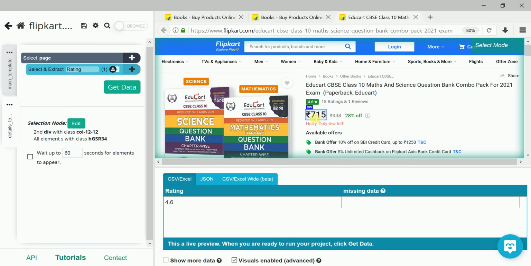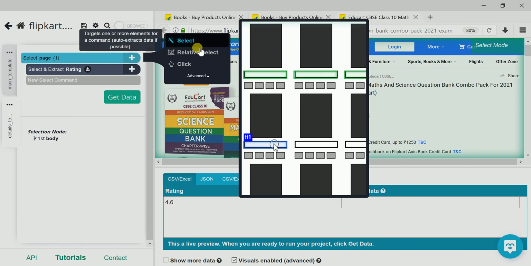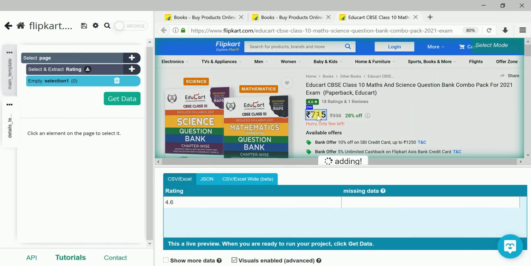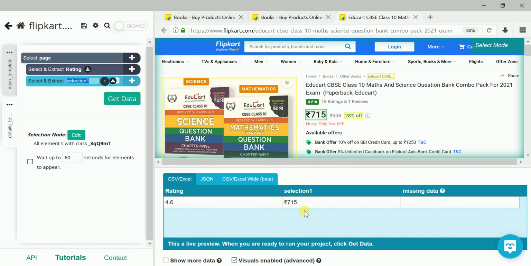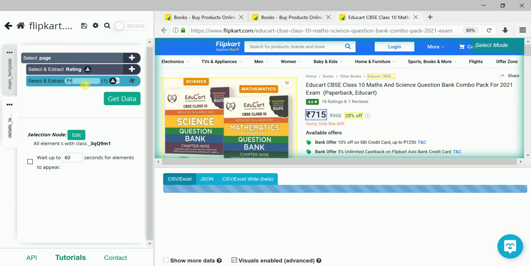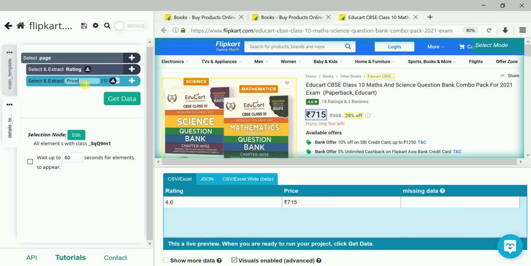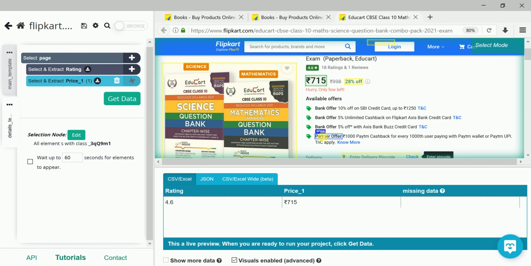So this is done. Suppose we want to record the price, which we already took. If we want to take the price again, we can go for the select option, click here, and we'll get the price. You can see here, something like that, price 1. Okay, this is done. If we want any data, we can extract it from here also.